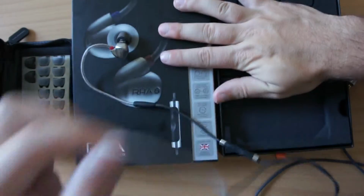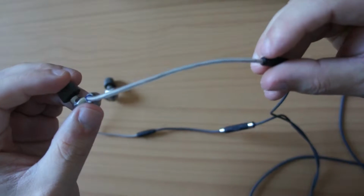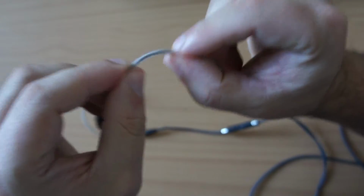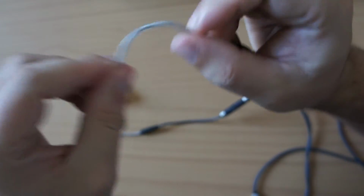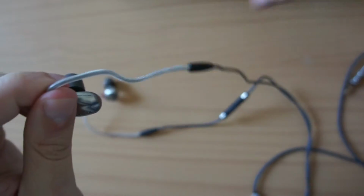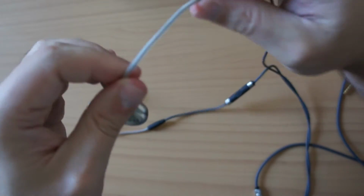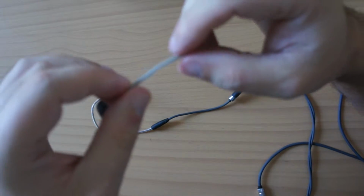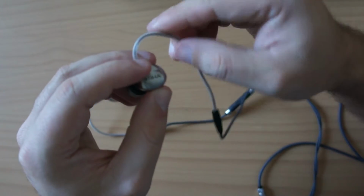Let's see if I can get the camera to focus on the cable. It looks like it's going to. So on this cable there are a bunch of little peaks and valleys, and it's just like any other flexible, bendable metal cable. It actually will retain whatever shape you want to put it in. And the nice thing is, typically with something like this, you would have a problem where when you went to put it over your ear, these little metal